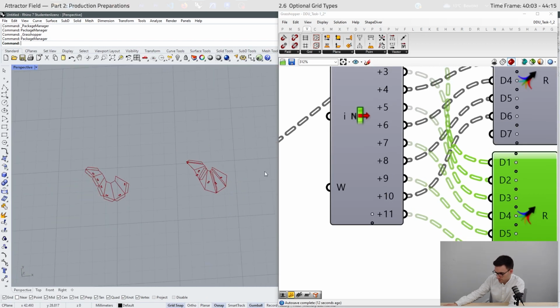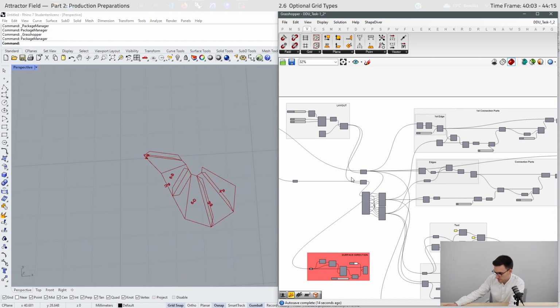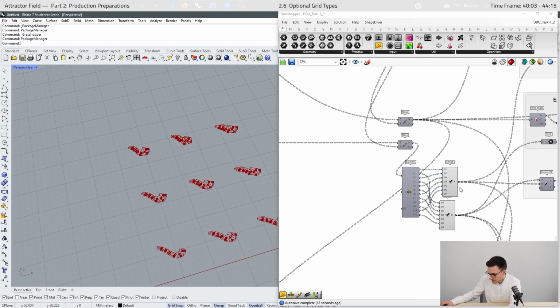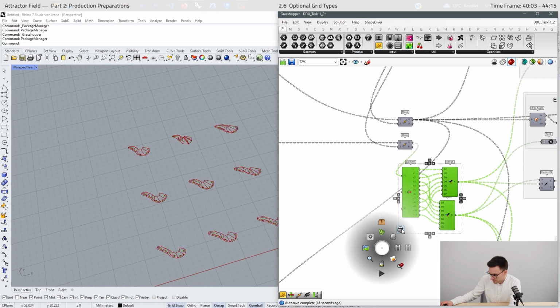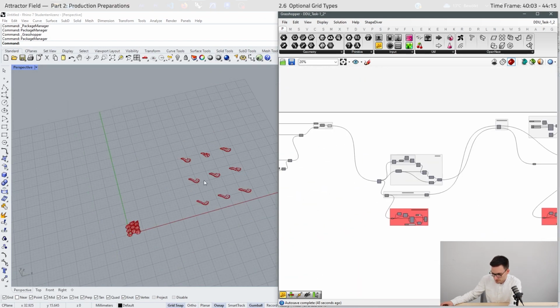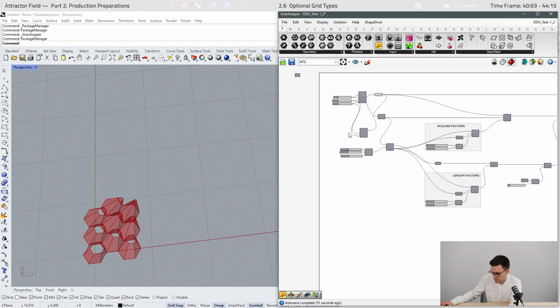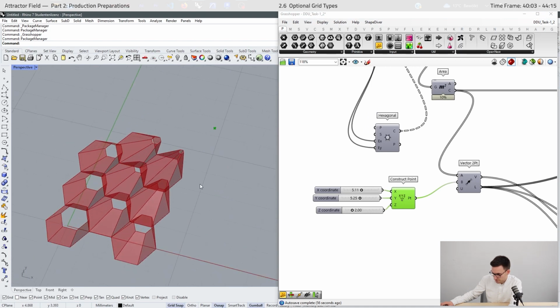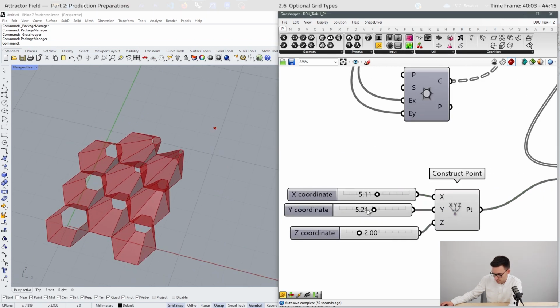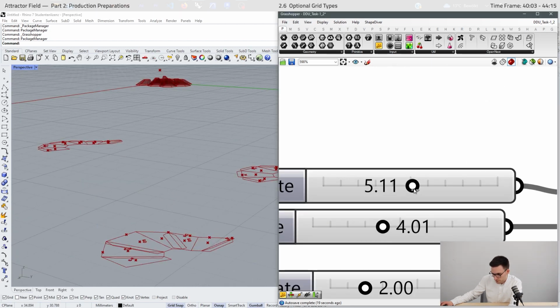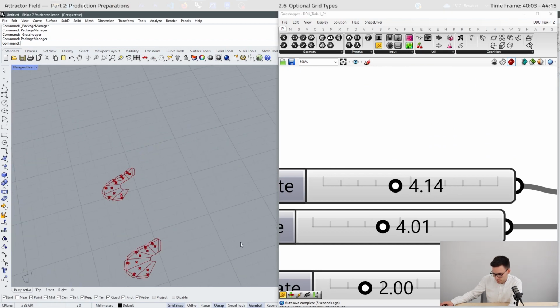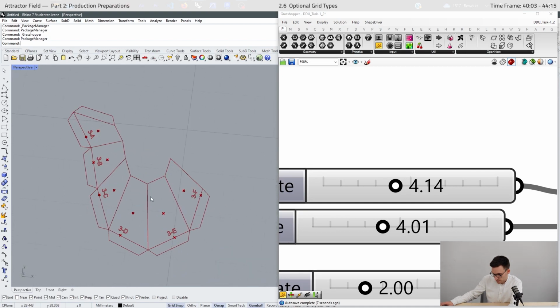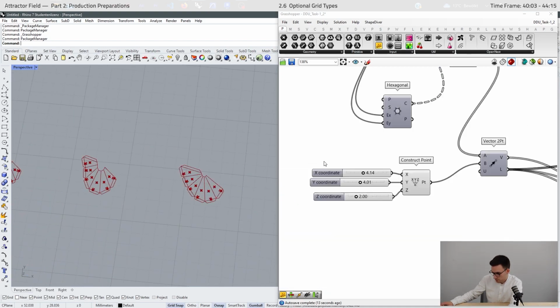Now we have to take a look at what's happening here. Okay, I found a problem. Everything here is fine. It's because of the attractor point, just located right here. And the deformation right here is too extreme, so when we move the point closer to the geometry, also in this direction, now we can see that the unrolling is working. Alright.